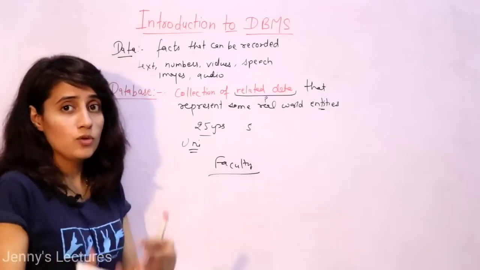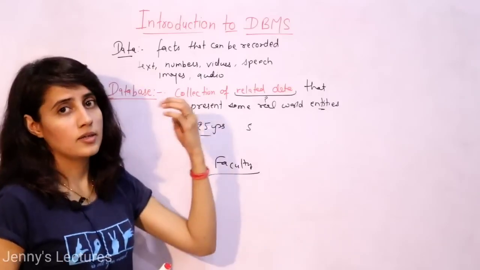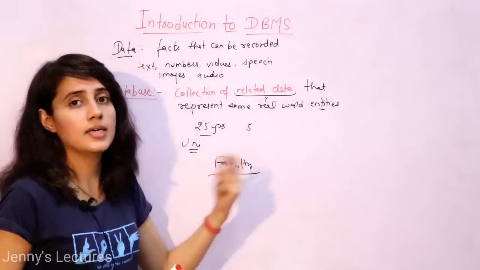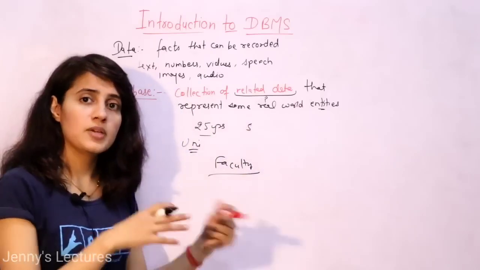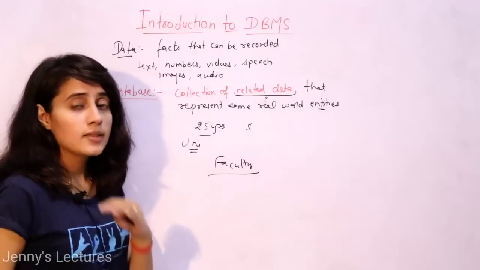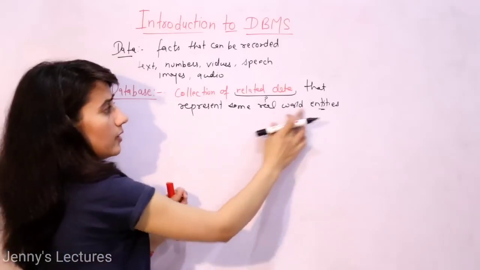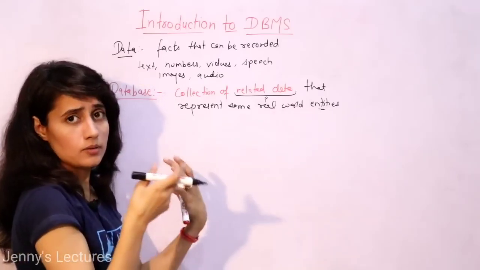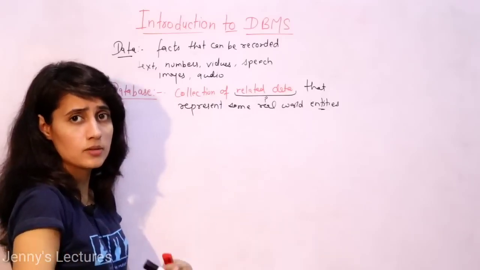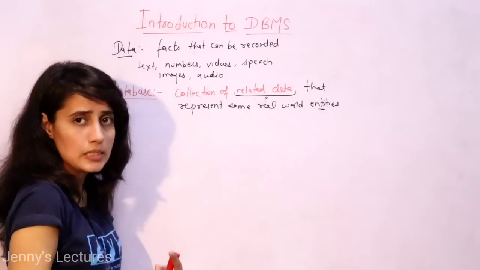Fine. Or you can say, if someone is unmarried and after that he or she got married, then that should also be reflected in the database, right? These are some examples I am taking. So if there is a change in real world entities, then that should be reflected in the database. Fine. See here, real world entities or objects may be a student, person, employee, or bank account, something like this. A bank account is a logical thing, and student and employee are physical things.